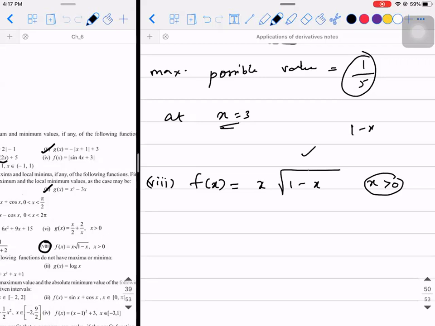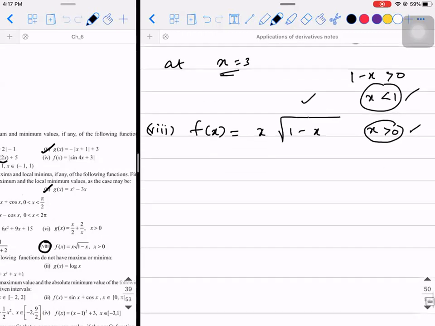So the value inside the square root has to be greater than 0. Correct? Has to be positive. So x should be less than 1. In the question, they have already given you 0. And your value of x should be less than 1 for this function to be a real function. Anyways, this point is not needed, but when you differentiate and check it, you should see to it that the values are within the domain. That is what I wanted to stress upon.